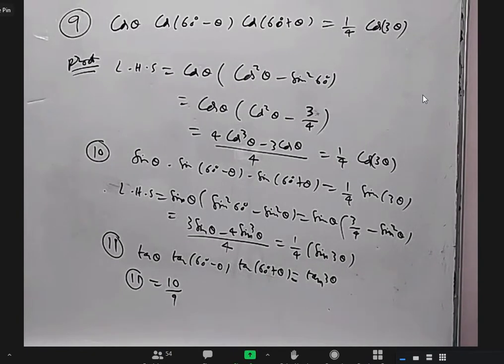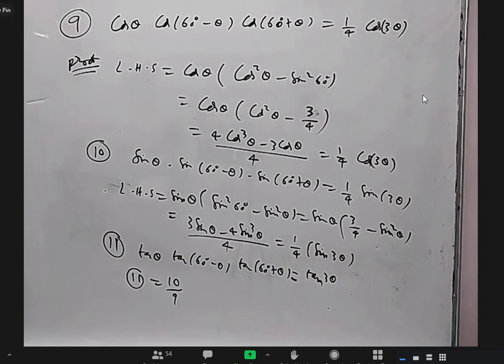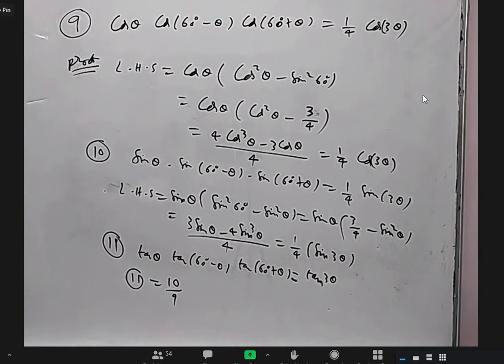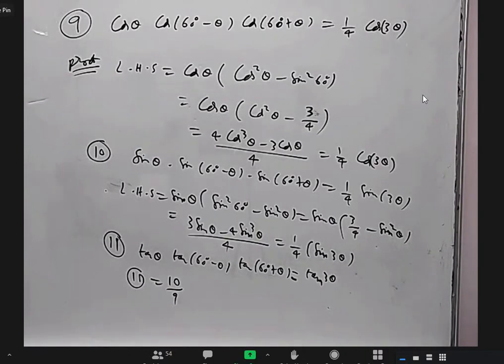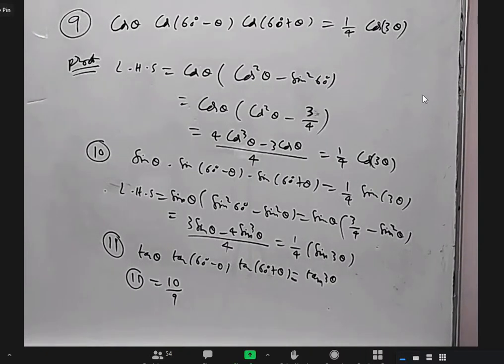Sir, these formulas will work with 60 degrees only, sir? Yeah, when it is 120 and 240 also, they can work, but sometimes it comes as plus tan 3 theta or minus tan 3 theta. So I don't want to state them as formulas. Whenever it is 120 or 240, just check whether it's coming or not. Special case.